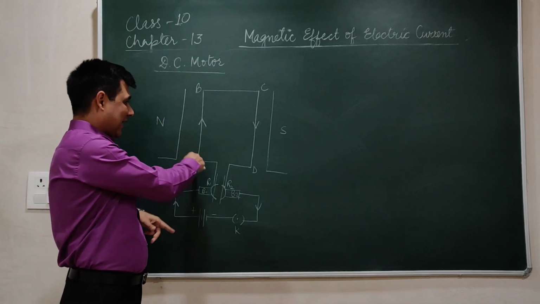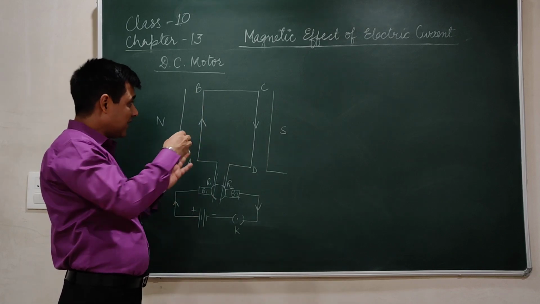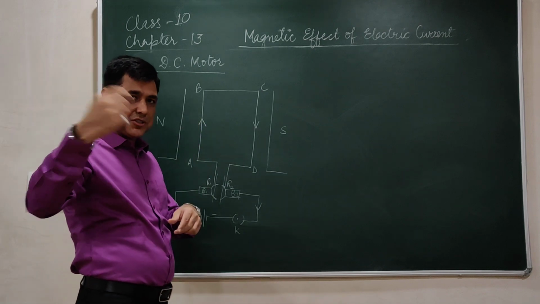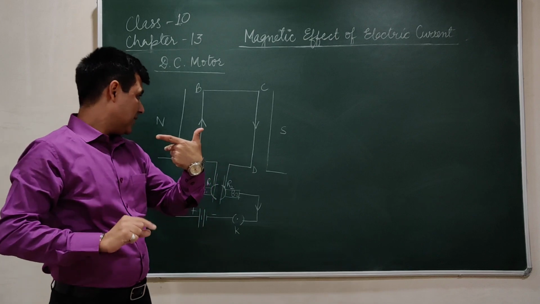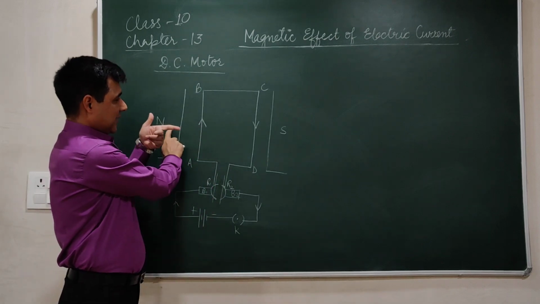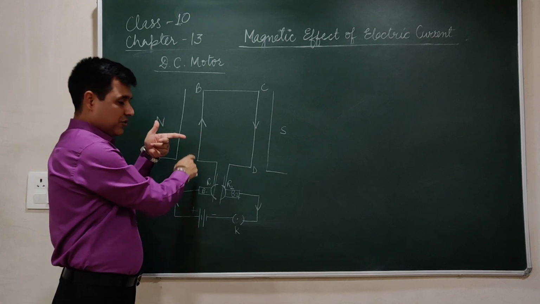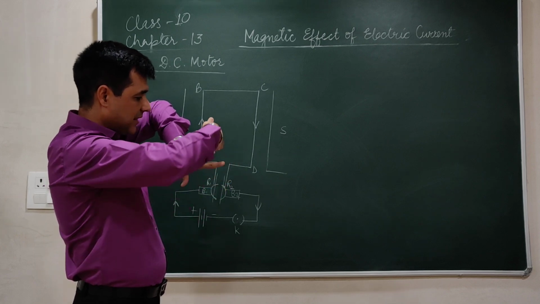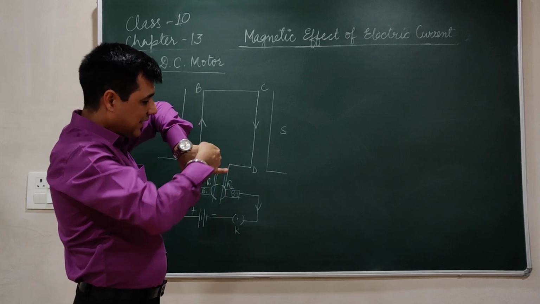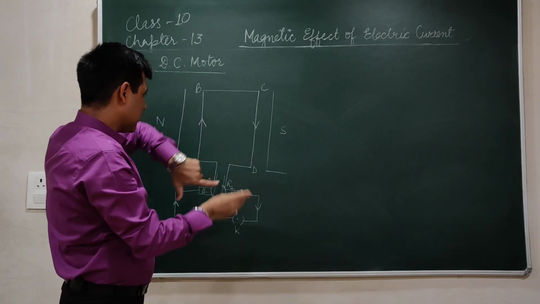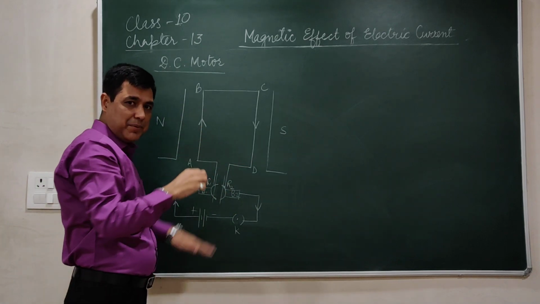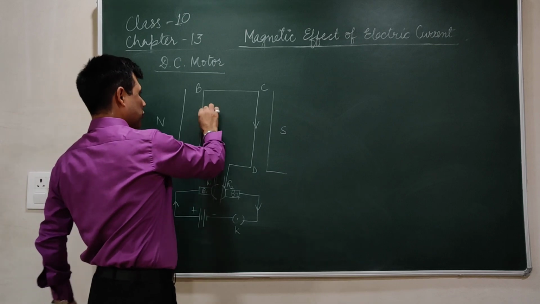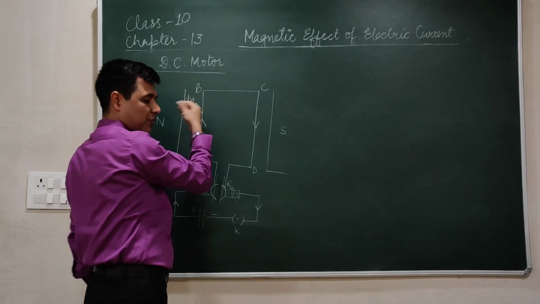So I just applied the direction of current is A to B. As I told you that my board is vertical but your copy will be horizontal towards my side. So the direction of current is A to B, that is from your side to my side. Direction of magnetic field is this one, and direction of current is from your side to my side. So I just hold it so that the direction of current remains this one. So my thumb is going downward. That means a force will be acting upon it which allows the AB portion to go downward. So if this is a coil, it will move downward. I just write DW, that is for downward.